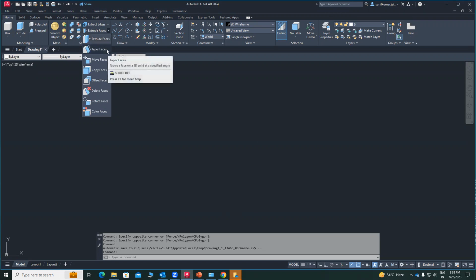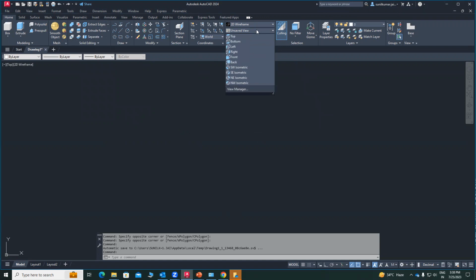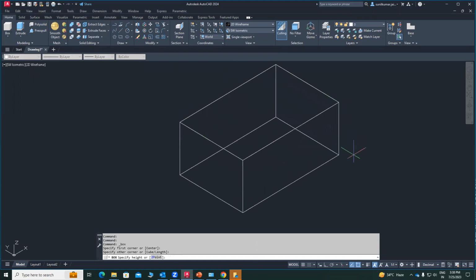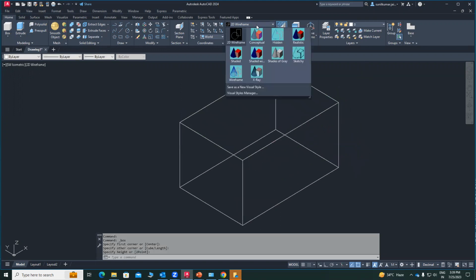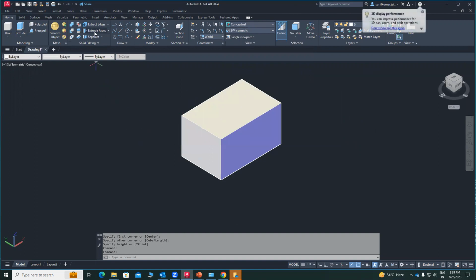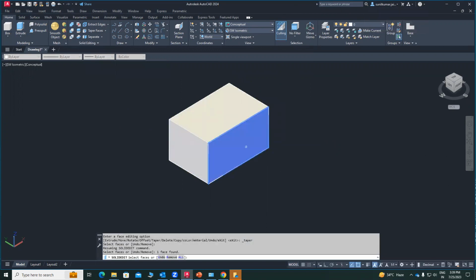The taper faces command is used for creating a taper face as per our requirement. Suppose we have one cube, like a box, which we can create through the box command, with the conceptual visual style selected. Select taper faces, select the face, enter,